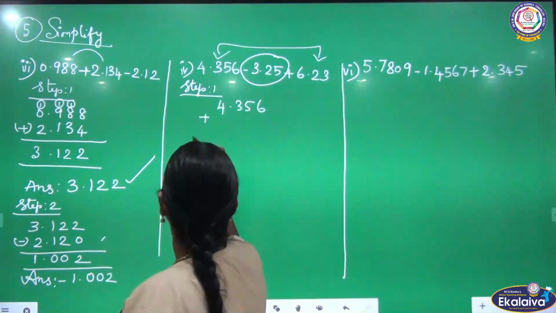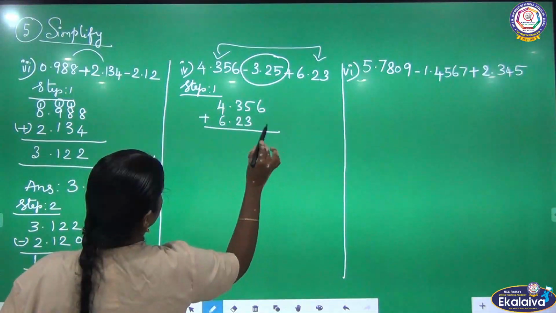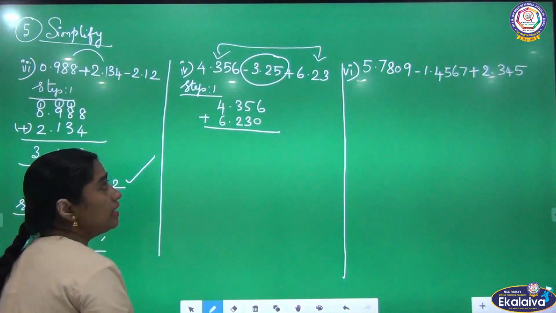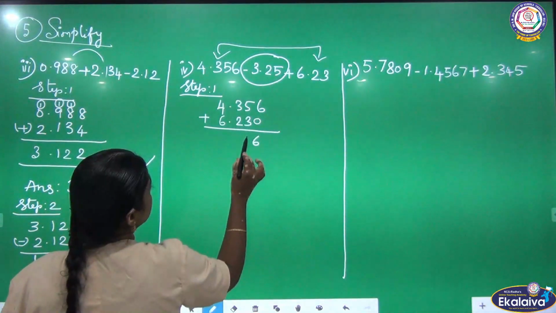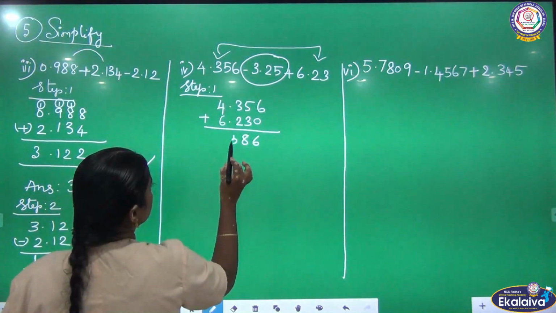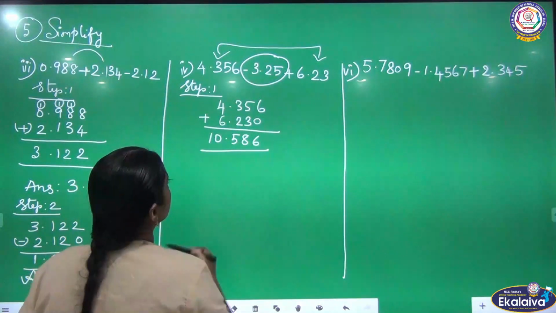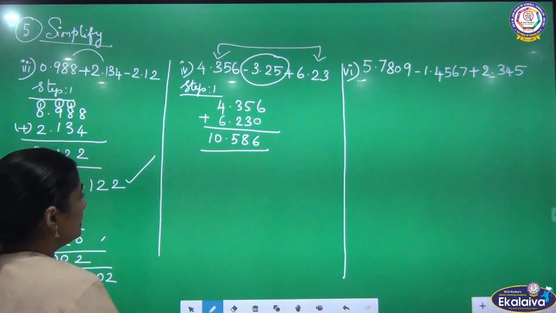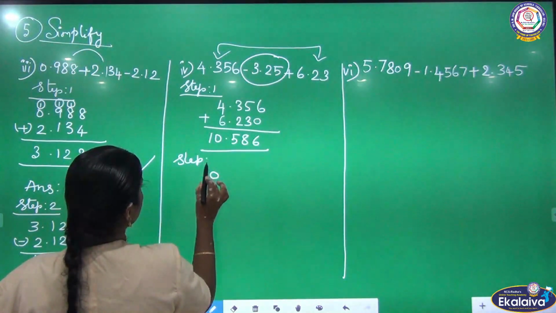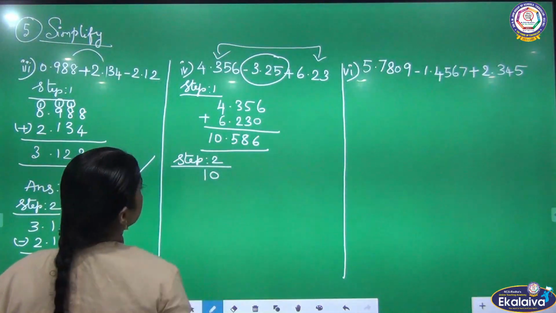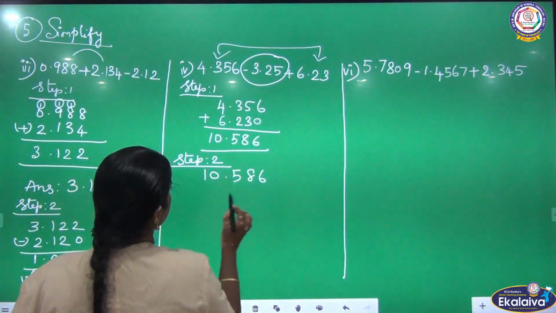Now, listen, 4.356 plus 6.23. Listen, change this into like decimals. Now, listen, 6 plus 0 is 6. 5 plus 3 is 8, 3 plus 2 is 5, 4 plus 6 is what? 10. So, this is my step 1 answer. In this step 1, what I have to do next, I am going to move to step 2. See, listen, children, 10.586